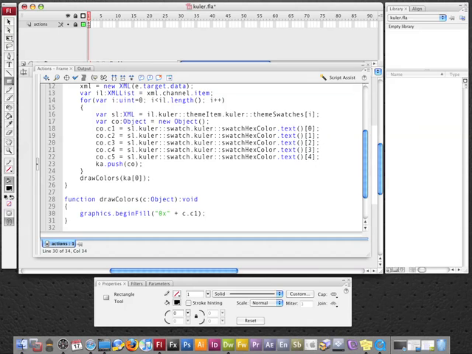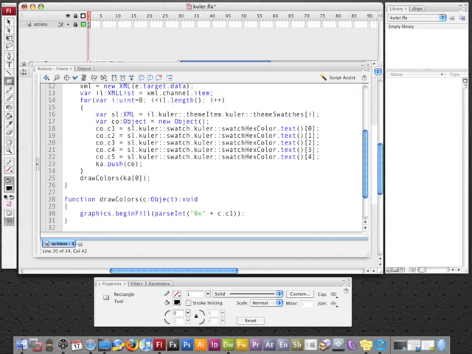So you would think that this would work because these two values, once they're added together, are going to equal a valid hexadecimal string. But the begin fill method is expecting an integer or a number, because remember, hexadecimals are numbers, they're not strings. So we need to actually turn this little operation we did right here into a number. And the easiest way to do that is to use the parseInt global function,